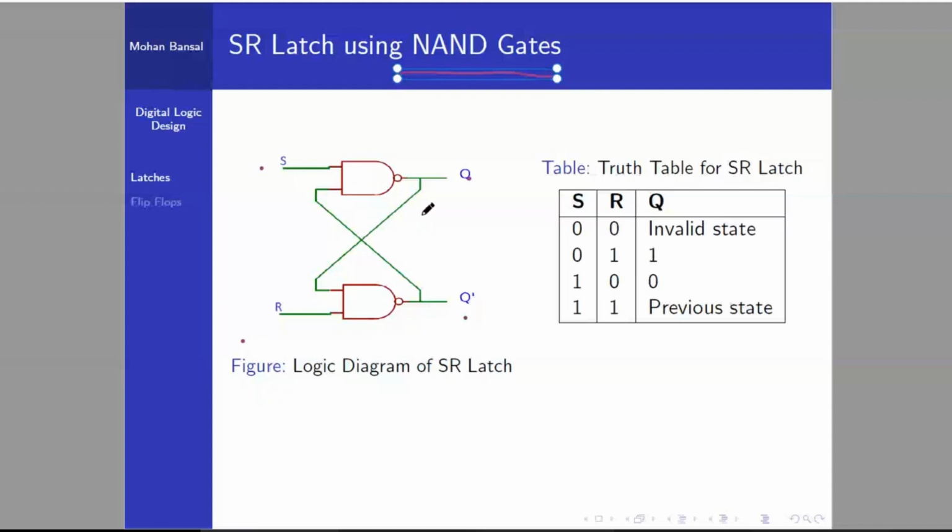Okay. So there are two NAND gates here. One output is connected to the input of the other NAND gate, and the other output is connected to the input of the first NAND gate. So these are two cross-coupled NAND gates, and feedback is given here because of the sequential logic circuit. But such a diagram we have not seen in the combinational circuit. We have not seen any feedback. That is the most important difference.